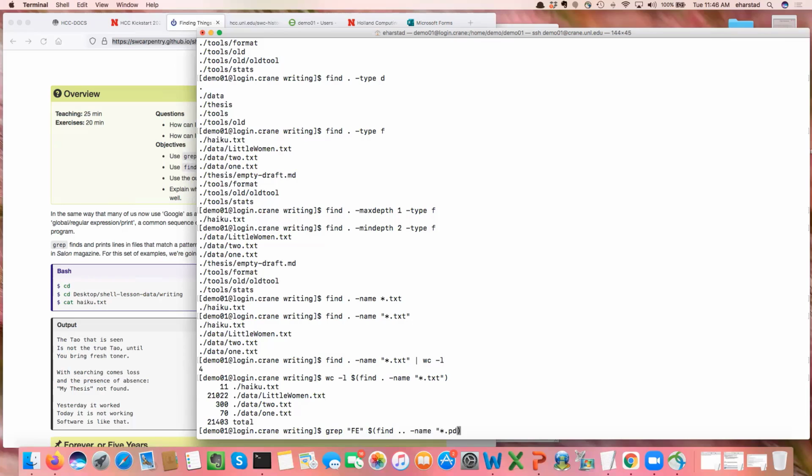I want it to start one level up from where I am now, in the shell-lesson data directory. And I want it to search recursively down through all of the directories in that main directory for any file that ends in .pdb, and look in all those files for FE